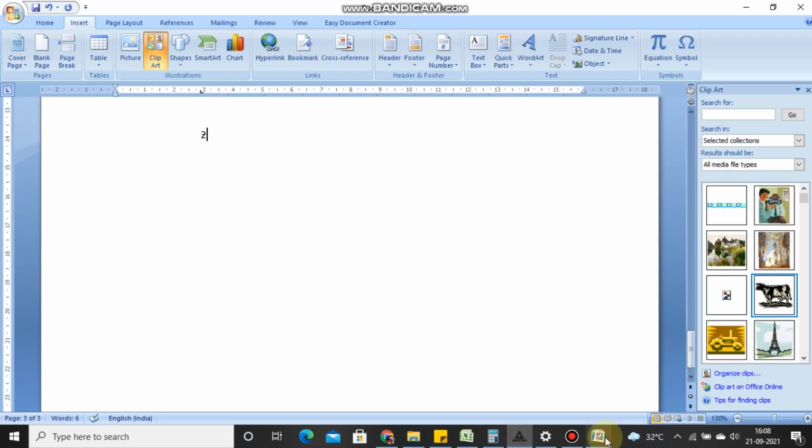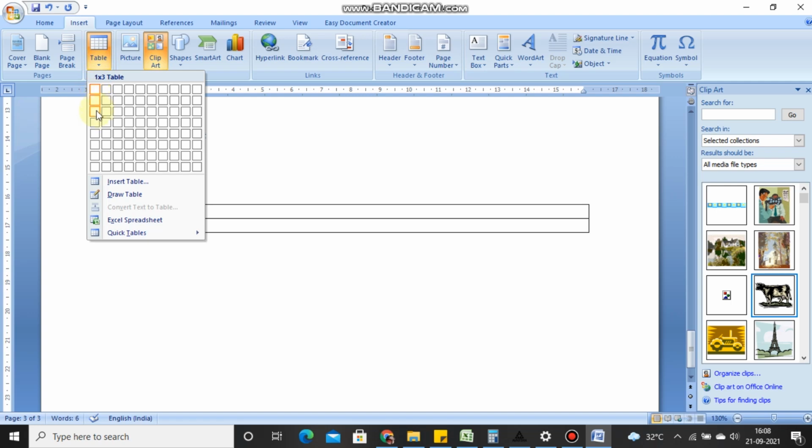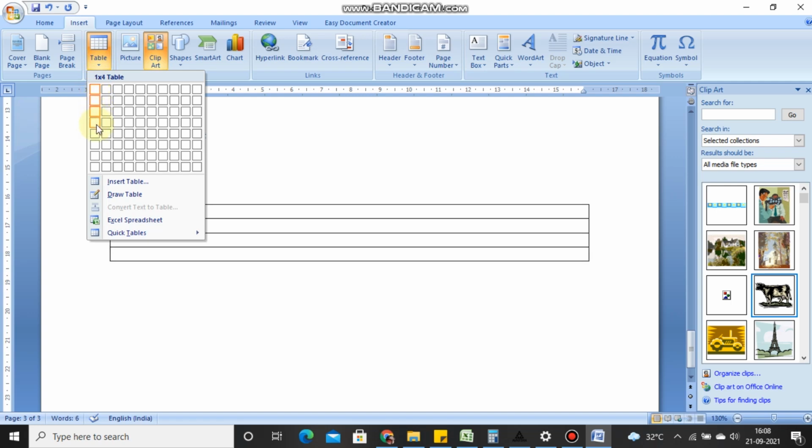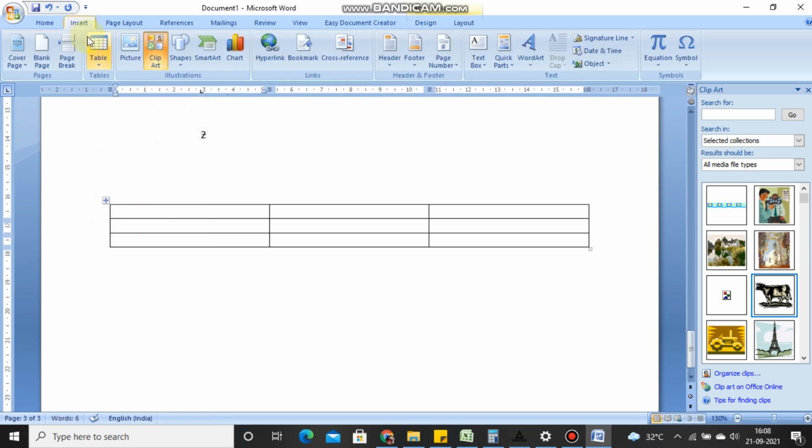Let's do that. Here I'll click on the insert table option. After that, this is the number of columns I am selecting, number of rows I am selecting. So as you can see, I have created a table of 3 columns and 3 rows. I can do that by insertion of table